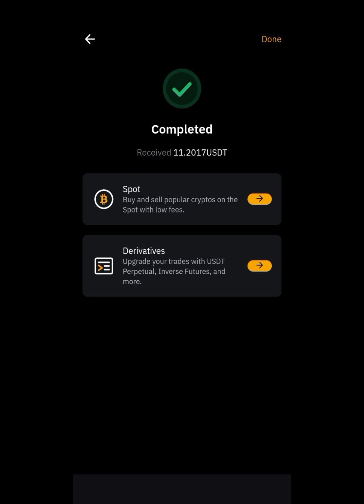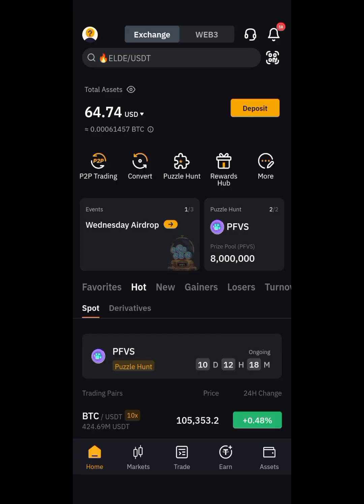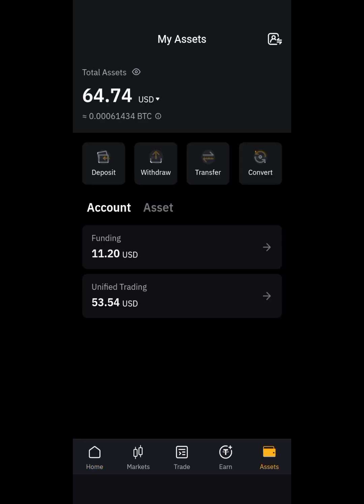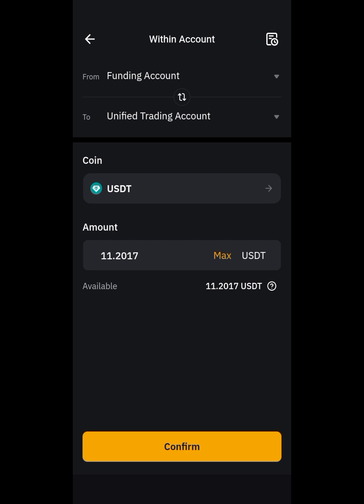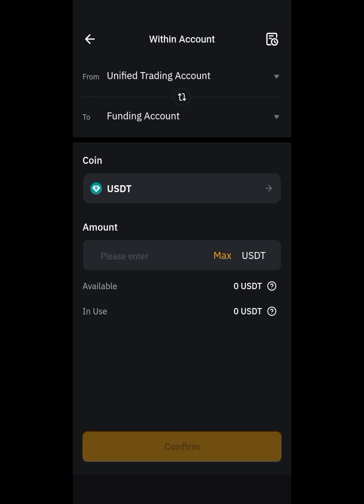I'll click here. Once I'm done, the next thing you should do, if you want to buy any asset, is click on this asset. Then if you want to buy, you click on transfer. Now you transfer it from your funding wallet to your trading wallet. It's already in the funding wallet. Look at it, it is in this unified trading account. So for me to be able to buy, for instance, if I click on this